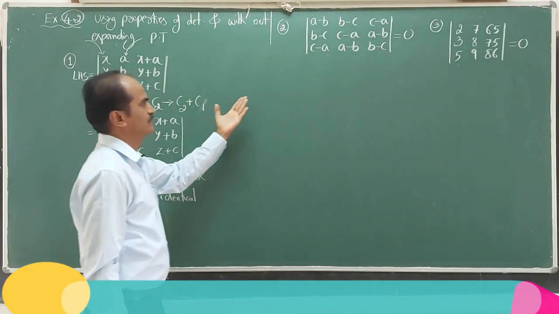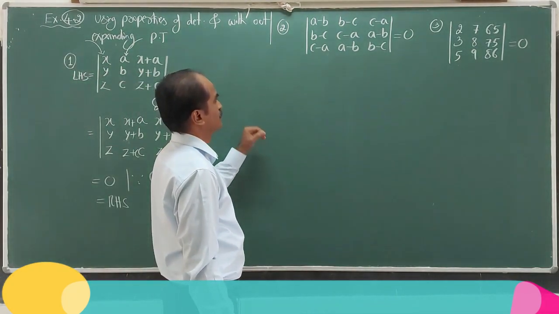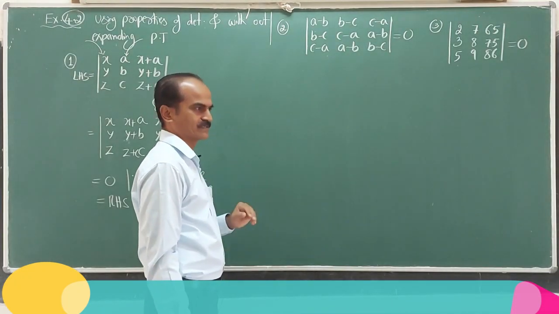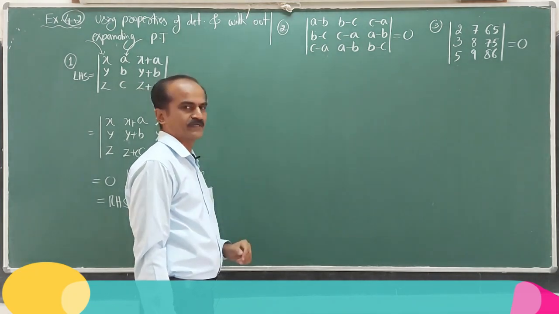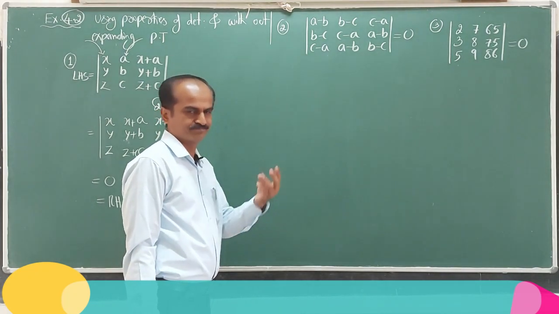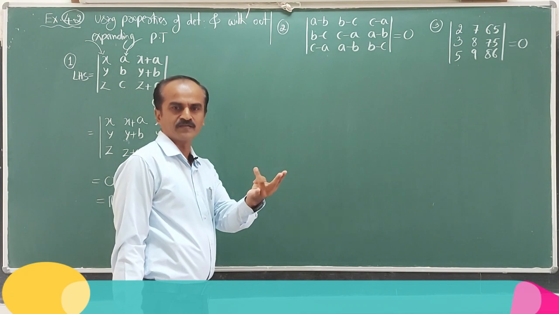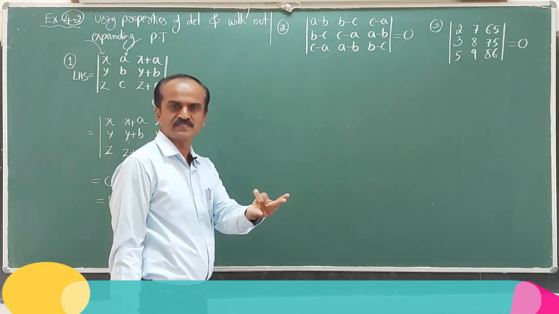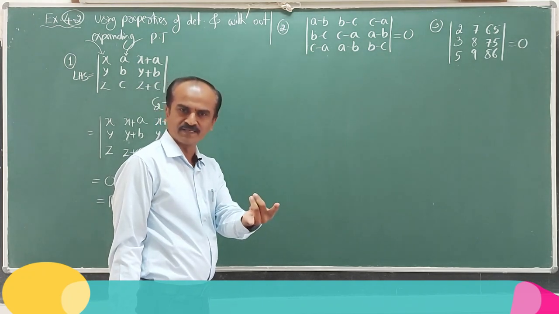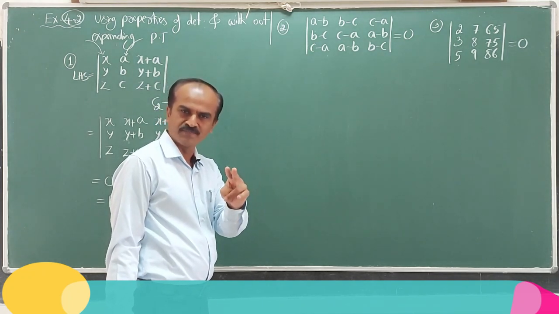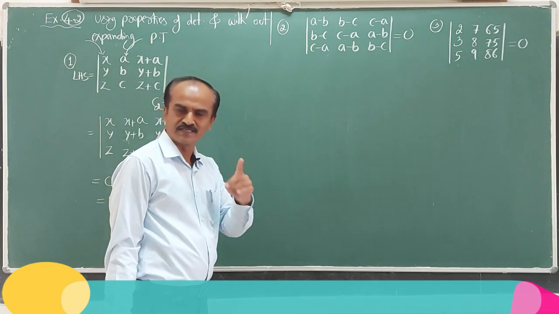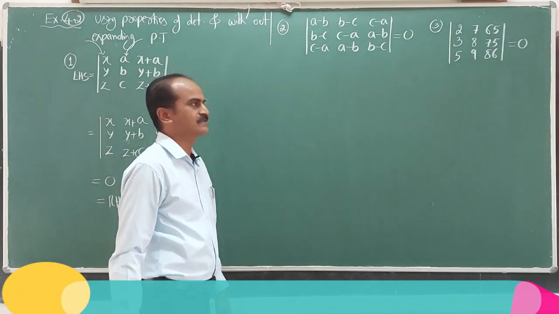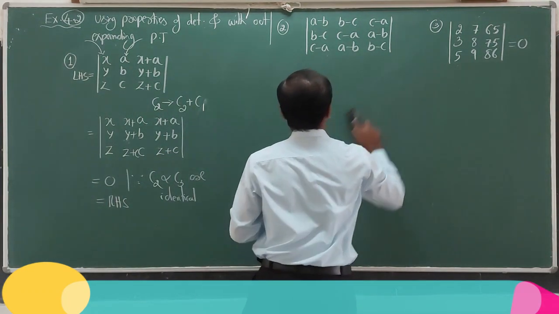Now let us take the second one. Here also I have to show that the value of the determinant is 0. Again the restriction: don't expand this. Without expansion I have to show that it is 0. How to show that it is 0? Three possibilities. I have to alter the elements in such a way that all the elements in a row or column are 0. The second possibility is to make two rows or two columns' elements identical, otherwise at least proportional. Then I can write the value of the determinant as 0. Now let us see which is convenient here.